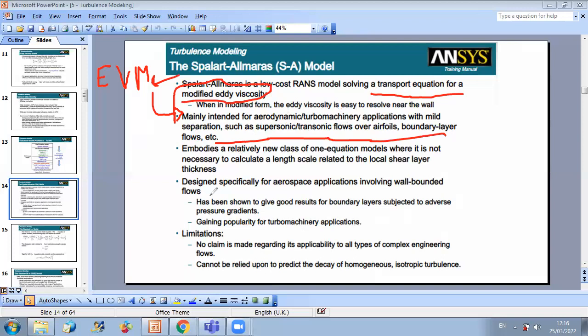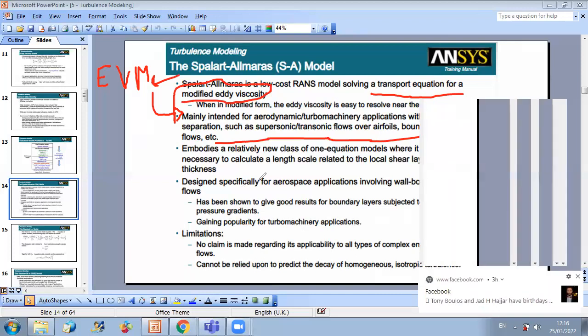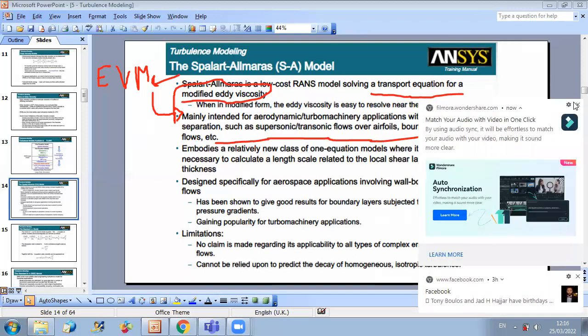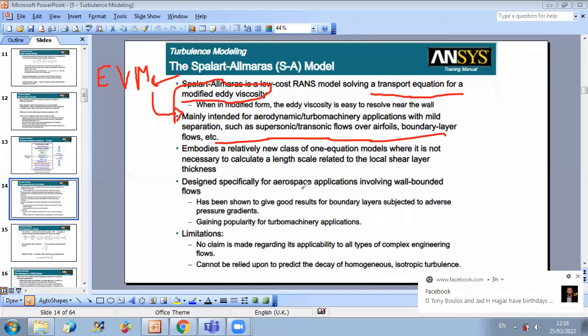Now, as we said, this model is designed specifically for aerospace applications involving wall-bounded flows. So it will perform well for wall-bounded flow applications. It has been shown to give good results for boundary layers subjected to adverse pressure gradient, and it gained popularity for turbomachinery applications. Now, concerning the limitations of the Spalart-Allmaras model,